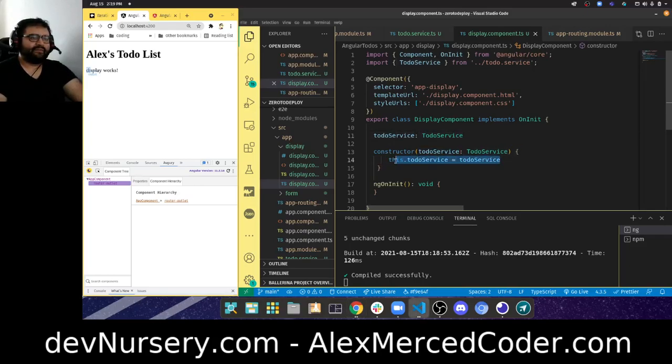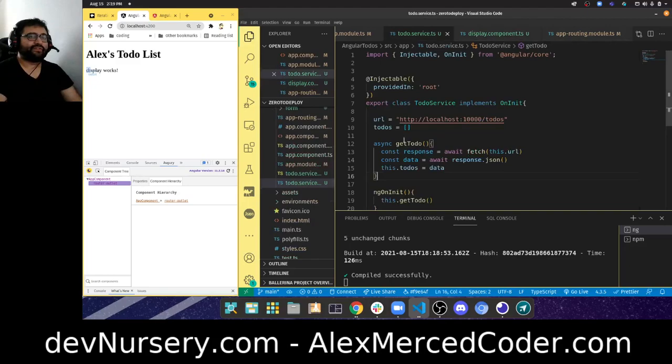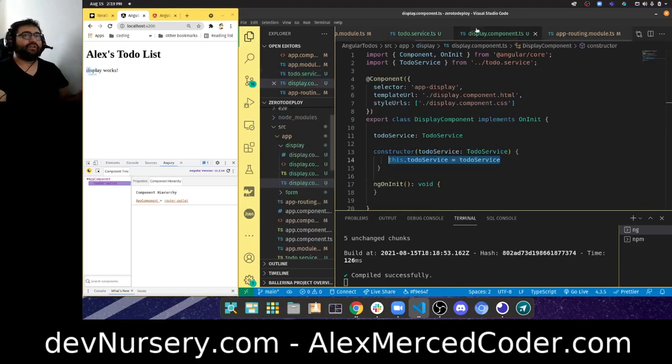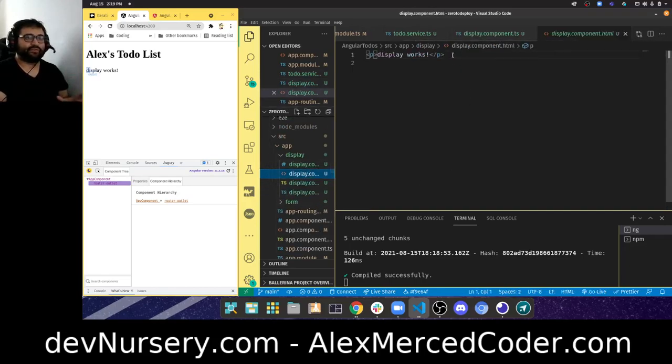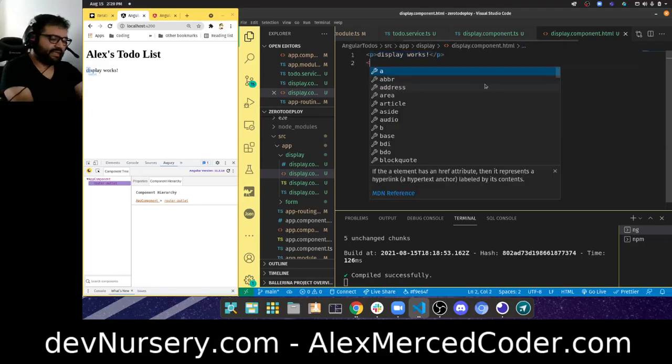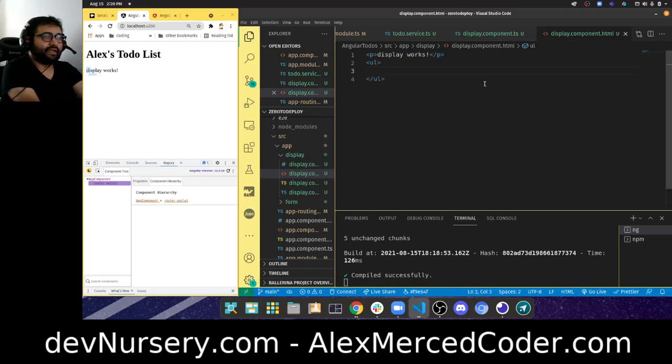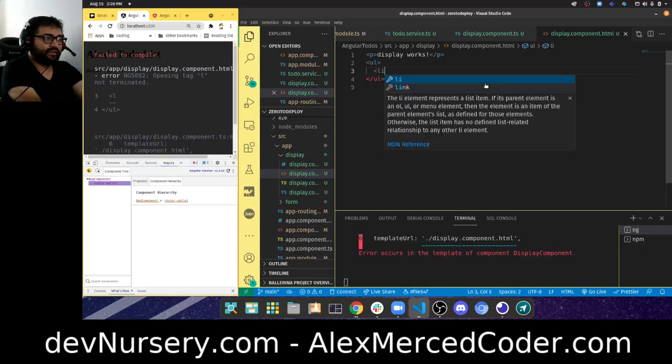Okay, but basically this is now a property. This is now available to this component. So I basically have this to-do service in here, which is just the class that I defined in to-do service. So technically todoService.todos has the array of to-dos. So theoretically, I should be able to go to the HTML now and actually start iterating the to-dos. So I'll make a UL, and I should be able to do an LI that has a